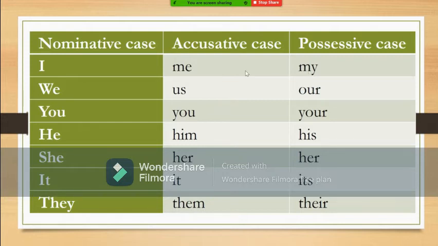And in some sentences, there are chances for indirect objects. She gave me a book. Let us take that sentence. She gave me a book. Here, gave is the verb. Who gave? She gave. So she is the subject. What did she give? A book. That is the direct object.